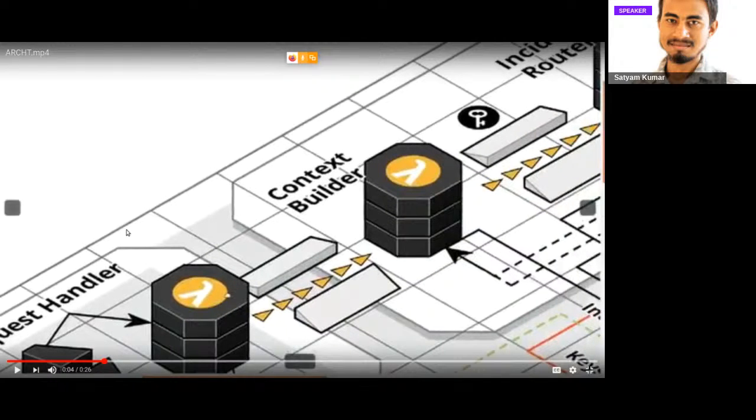The request handler is done. It has got a request and verified the payload. If it is okay, it is fine. Then it dumps that particular event to a queue and responds back with status 200. So the task of the request handler is done. Now it has nothing to do with this particular request. Now it is the job of other consumers, which need to act on this particular request.